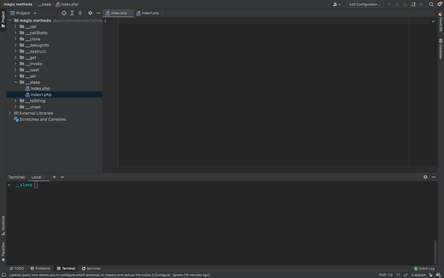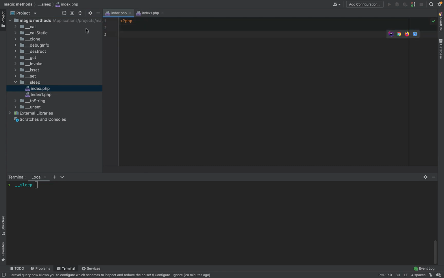Okay, so when dealing with data, there are times when you want to serialize or unserialize based on the circumstances. I don't need to come up with scenarios where serialization or unserialization comes up in your code. But a good way of dealing with it with magic methods is using sleep and wake. In the next couple of episodes, we are going to dig deeper on sleep and wake. So I'm going to start with sleep,